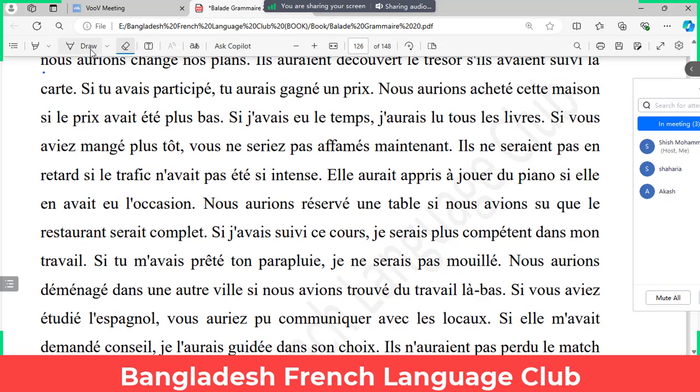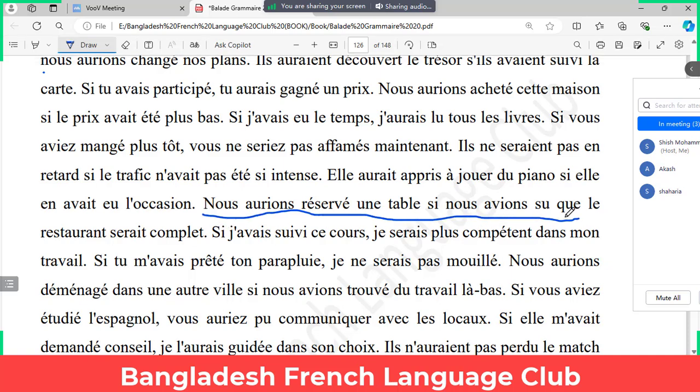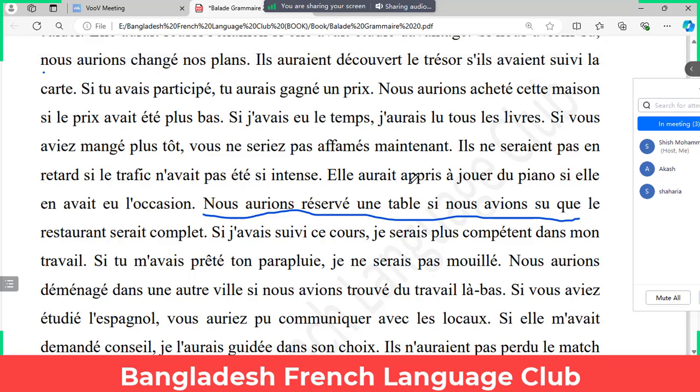Okay. Okay, let me give some of the sentences to Monsieur Akash. Okay. Monsieur, can you read this one? Monsieur. Nous aurions réservé une table, right? si nous avions soukou le gestaghar Soghe complete. Right? Means we